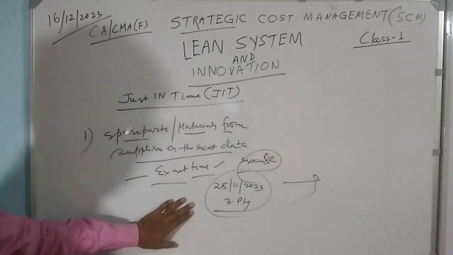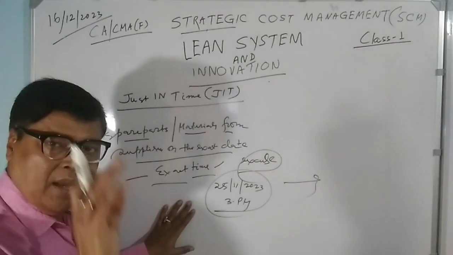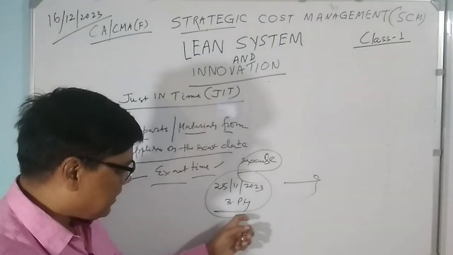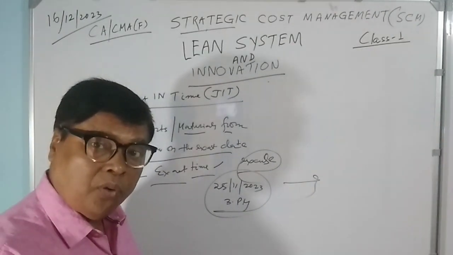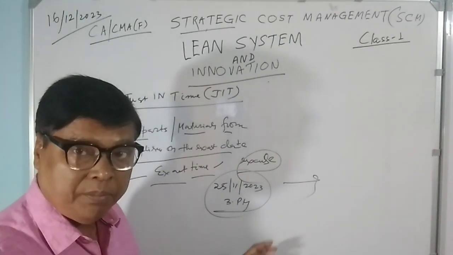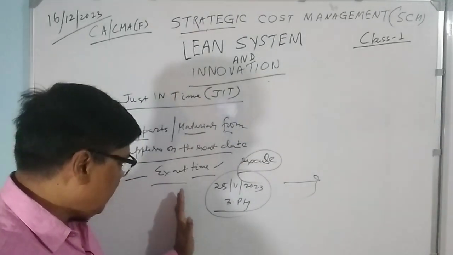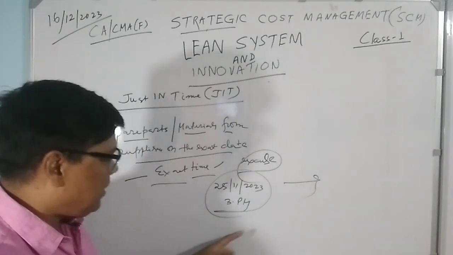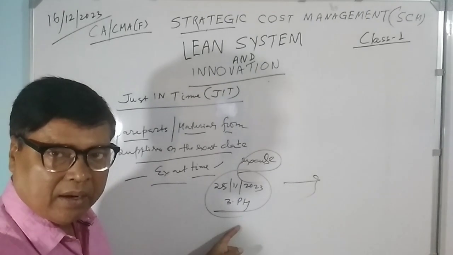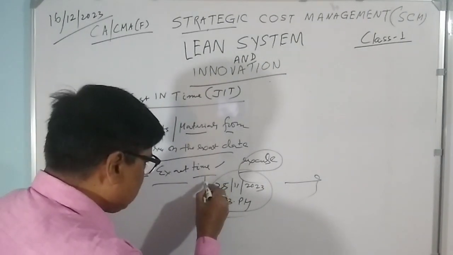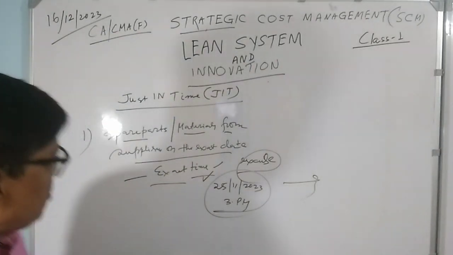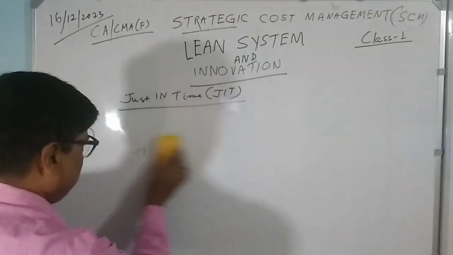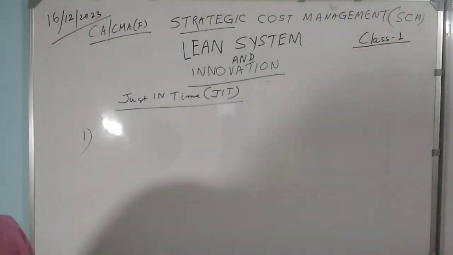because on getting your material, my second stage will start. So my process should not be held up. I will be waiting and I will be making ready in my store department to receive those materials on the exact date and exact time. So you have to follow. That means your suppliers also will be very much disciplined, and he should maintain his commitment that it should be delivered to you, the valued buyer, on the exact date and exact time. So this is the first step of your just-in-time. Exact date and exact time you have to receive the material.